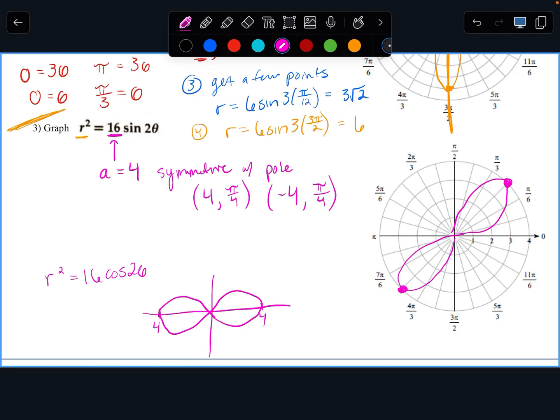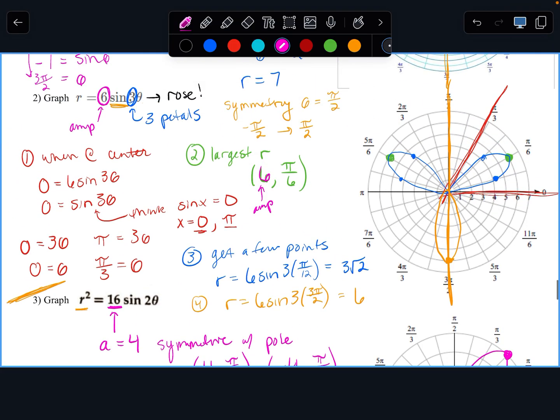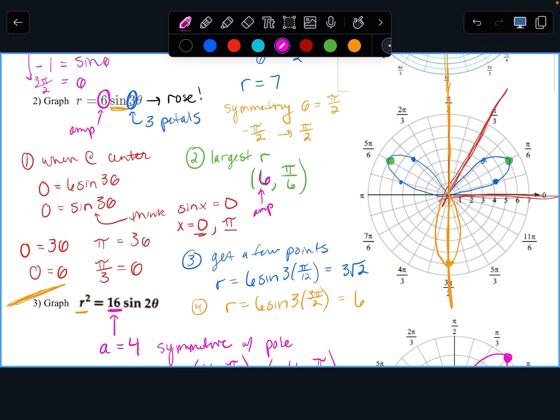All right. So this one doesn't have many options to be varied. The roses are annoying, but as long as you can get a feel for what that's looking like, you can get